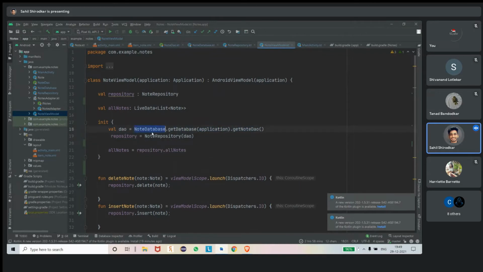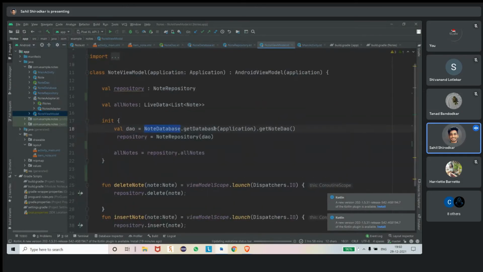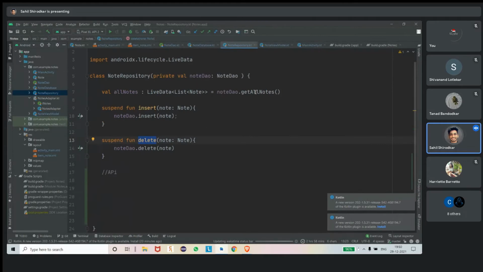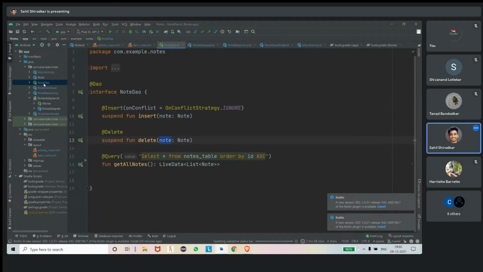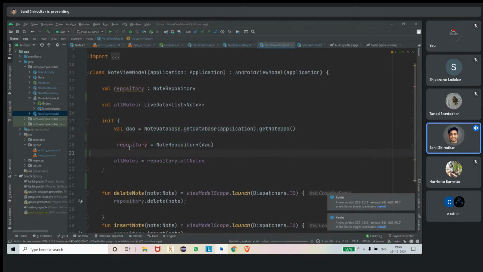You can see it will automatically call NoteDatabase.getDatabase and give it the application, meaning the current app instance, then getNoteDao. Then we initialize the repository with NoteRepository, where we give the instance of the DAO. We had just declared the repository, but here we initialize it with the NoteDao.